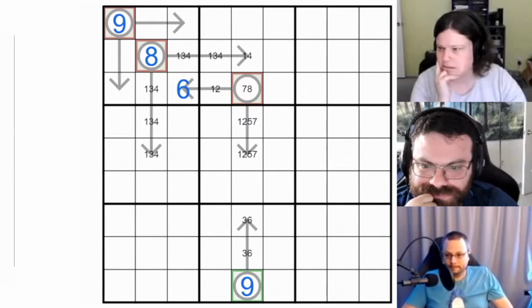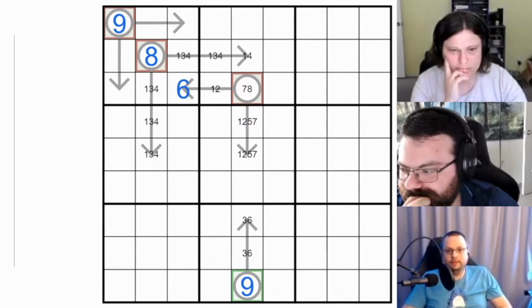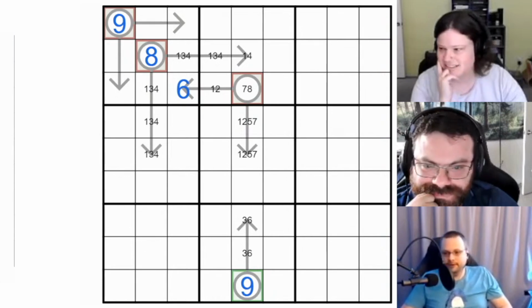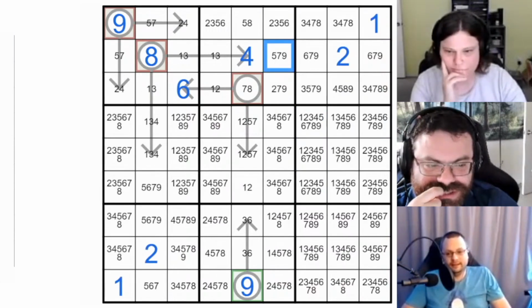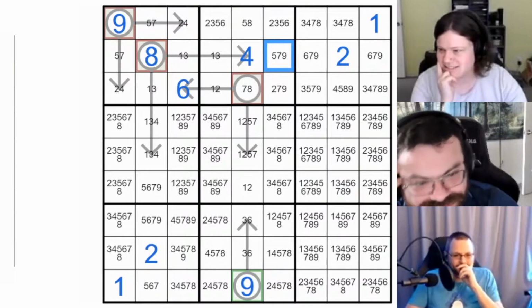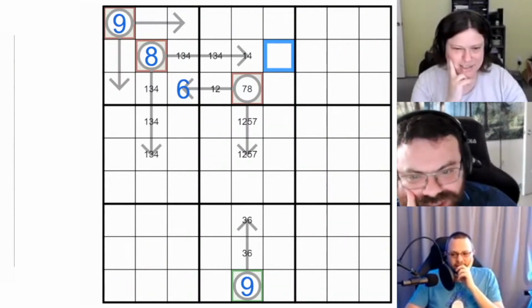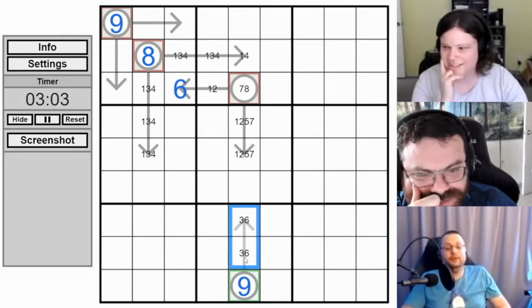What is AIC? Alternating inference chain. If you want to know more, I'm not the person to ask. So it does figure it out, but it uses just a few contradictions. Oh, yeah, no, so it's not easy to see, so we probably shouldn't use that. But we could build off of... That doesn't mean we can't keep this clue.